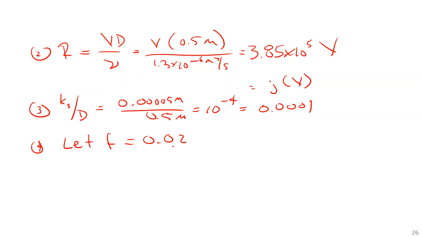Remember, I suggested 0.015 to 0.02. It's a reasonable number. This is our assumed friction factor. And therefore the velocity, 0.125 over square root of 0.02. And that gives us 0.886